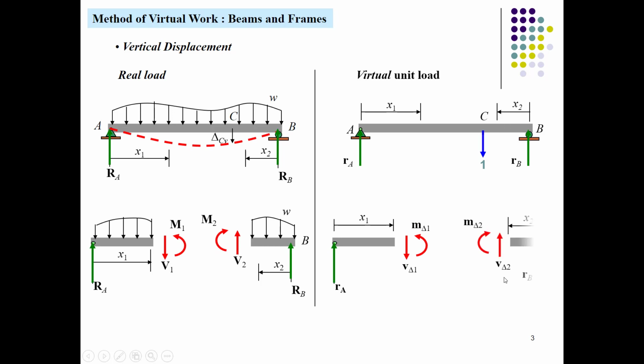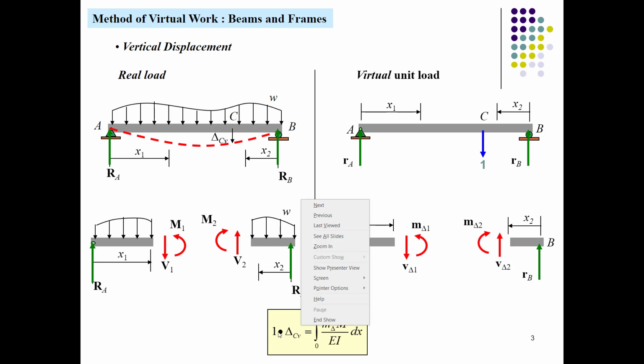So you have a universal equation that comes from the universal equation that we have developed in the previous lecture, from the flexure formula and by the principle of virtual work method. So here comes the m delta, which is caused by some virtual moment or virtual load, and the moment due to real values, and it's a bending stiffness in flexure, and it's limited up to the whole length